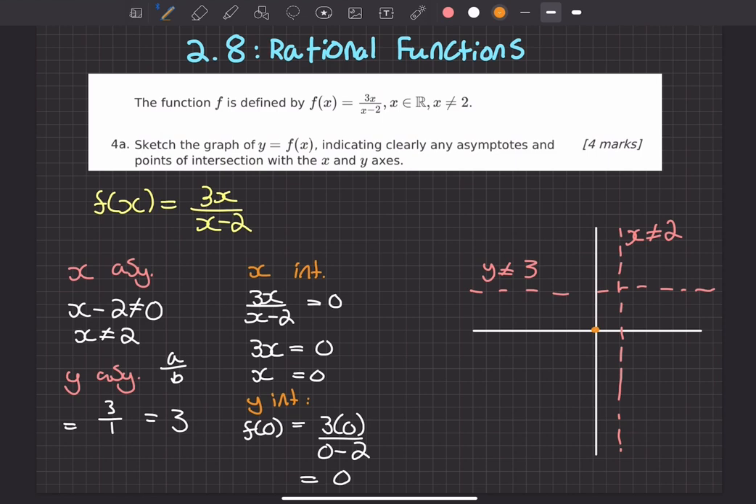And now we can draw our graph. So we know it stays within these two lines, touches here, and then goes back down. And since there's one in the third quadrant, there has to be one in the first quadrant too. So there's going to be one here that is symmetrical across. And yeah,